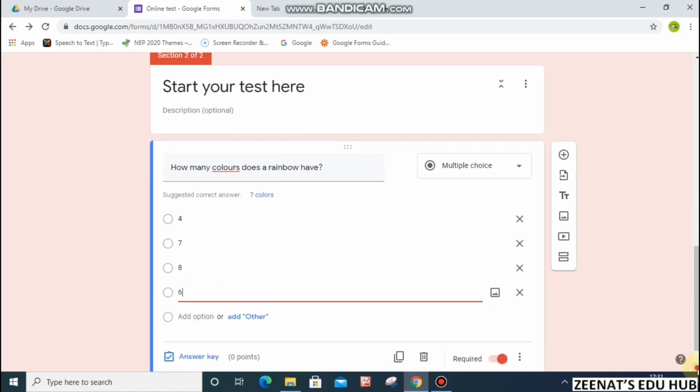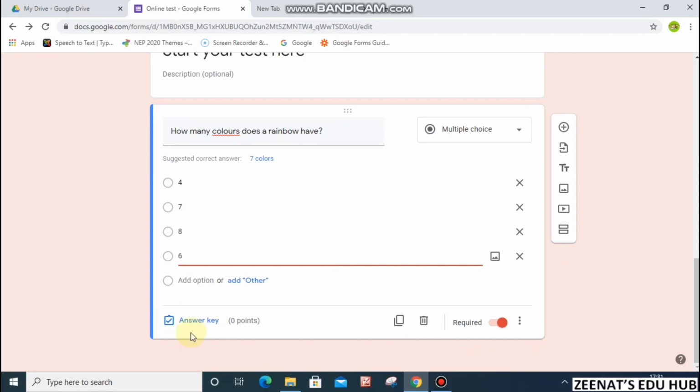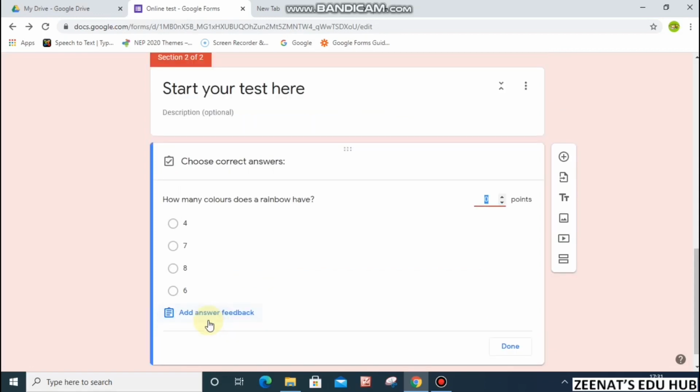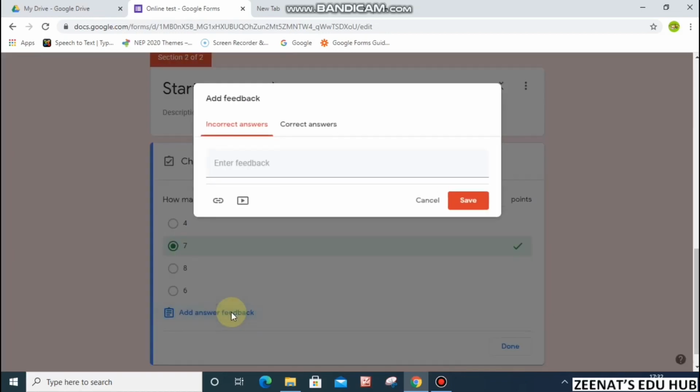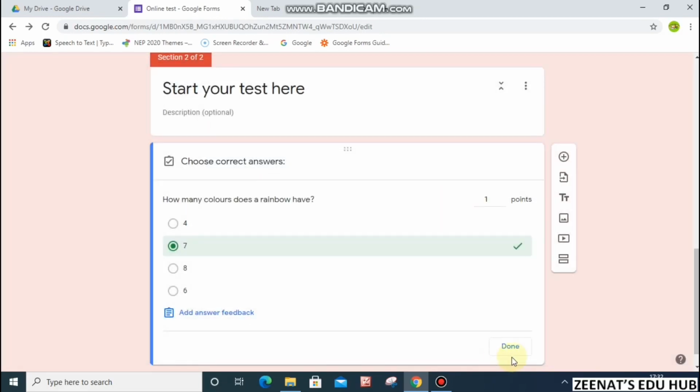We can also see an option of answer key, where we can select our correct answer and give points or marks here. We can also give feedback for correct or incorrect answer. When we have completed the question, click on Done.